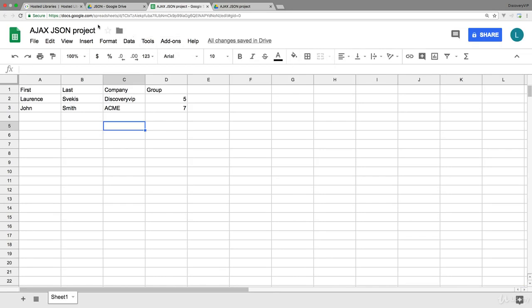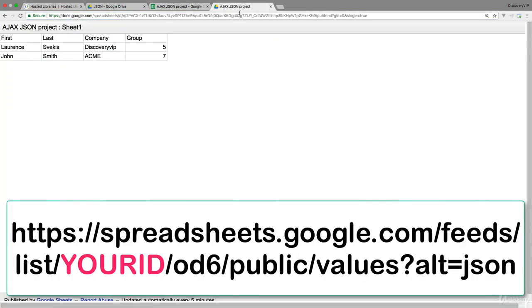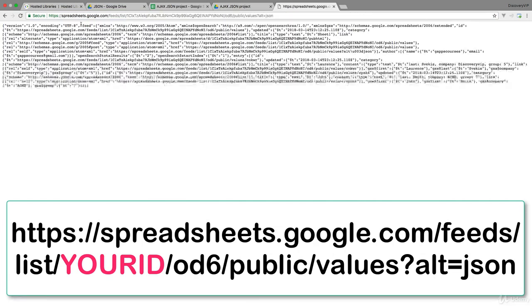So we see that within our application, we've got google.com spreadsheets, and then we've got this ID number. So this ID number here is going to be unique to every Google Sheet that's out there. And this is what we're going to use in order to pull back our JSON formatted data. So you can use this URL, but this URL just simply gives you a web application view. So the URL that we're after is